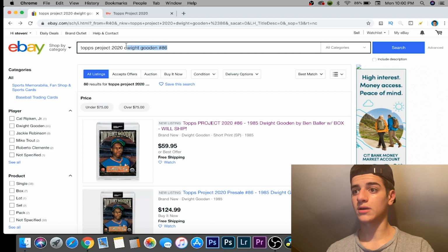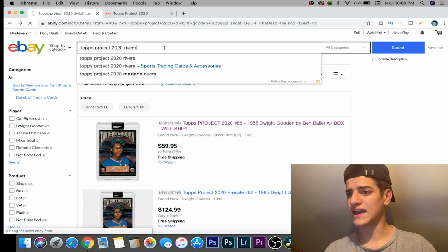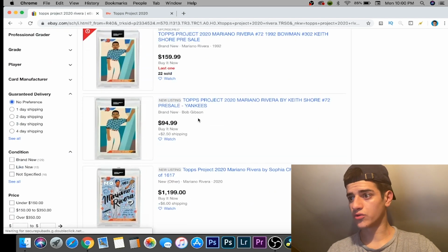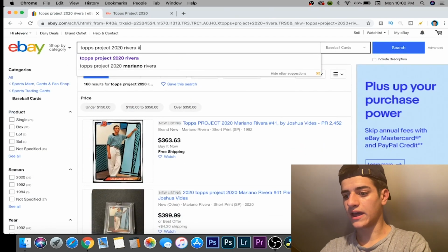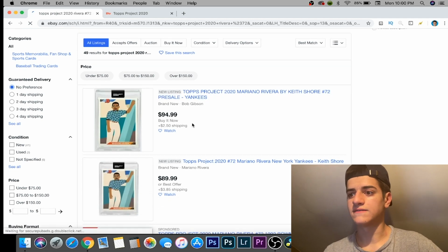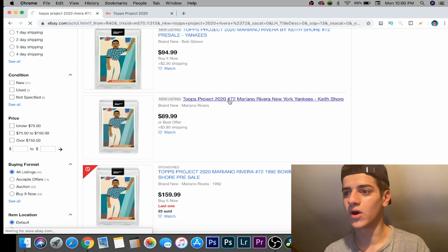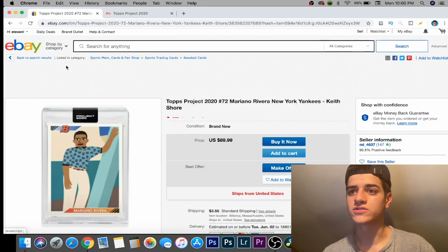That Mariano Rivera card, I will show you which one I am talking about. I just bought it today for $95 or something like that. Let's look it up and see. It is this one right here, number 72. So we'll look that up so we get a more detailed search. So you can see 95 still. One's up for 90 now. So I could have waited and bought one for 90, but I bought one for 94 or something with some